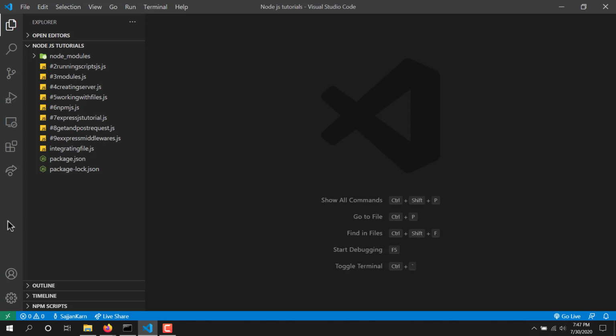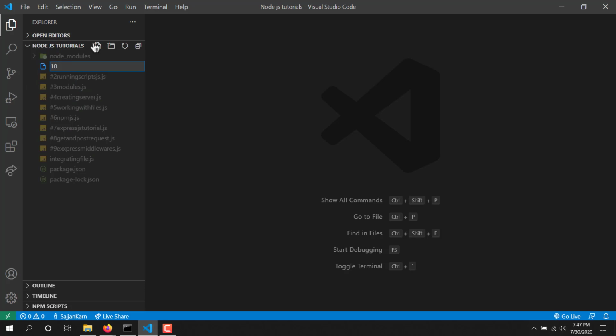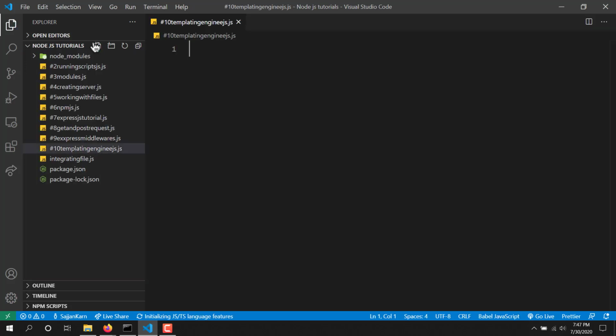And yes, if you haven't worked with EJS previously, trust me, this is very easy and you will learn it within 2 minutes. There are basically only two commands that you need to learn in EJS, and this will make everything automatic for you. So I will just create a file, 10 templating engine EJS.js. So simply we will first require the express module,